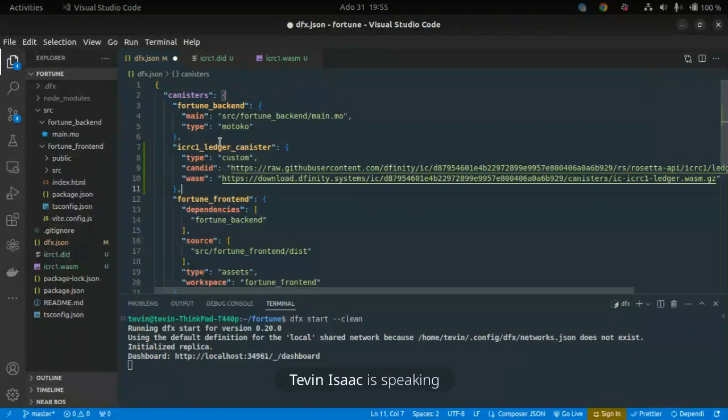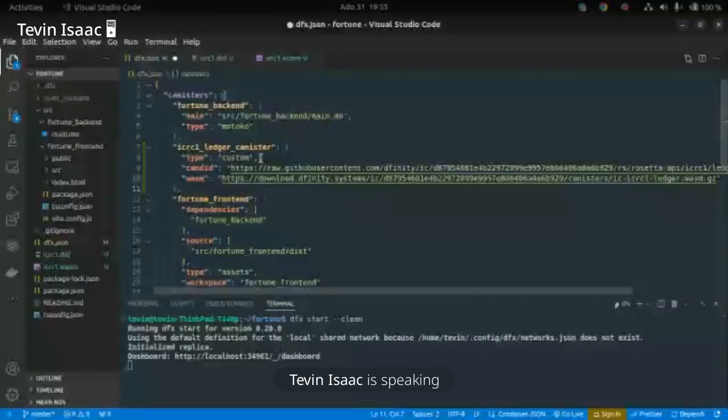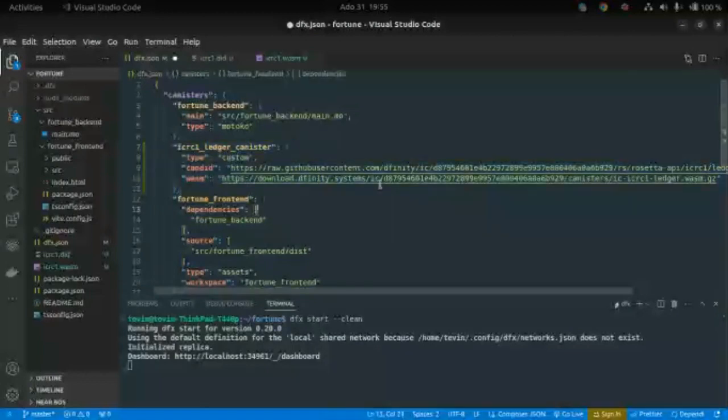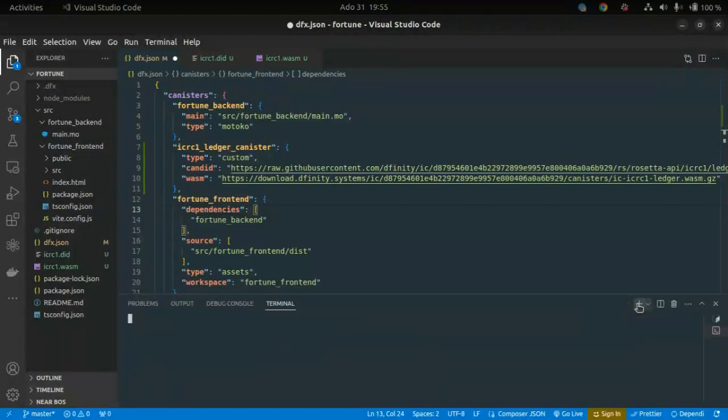So I inputted it in the dfx.json file. This also represents it, but sometimes you don't really have to put this here, but it's important for you to do it. And then if I do dfx deploy, it will show a ledger canister over here. Let me see. Of course, we're deploying on the,